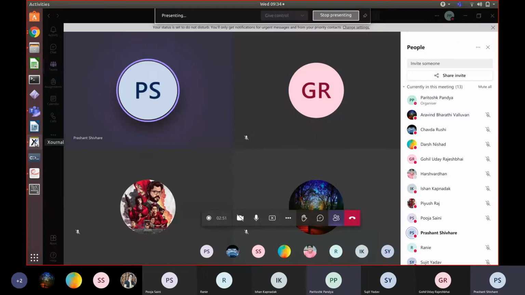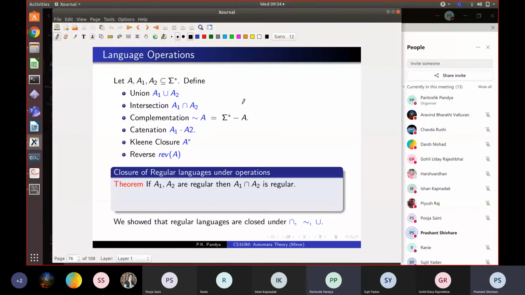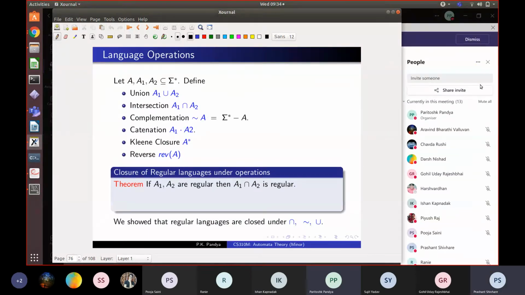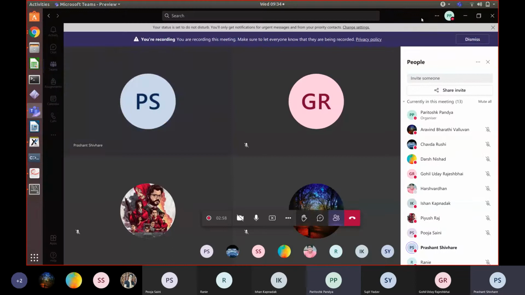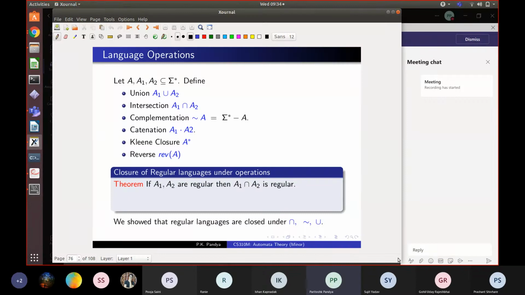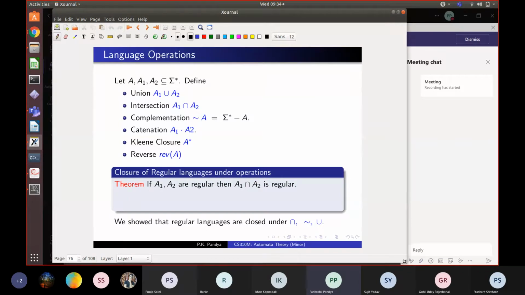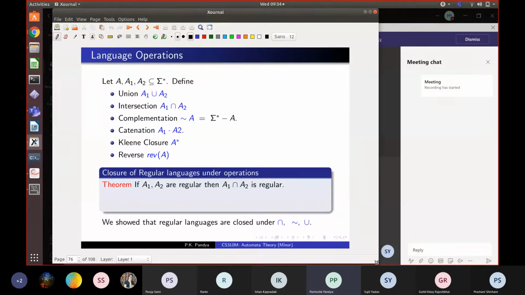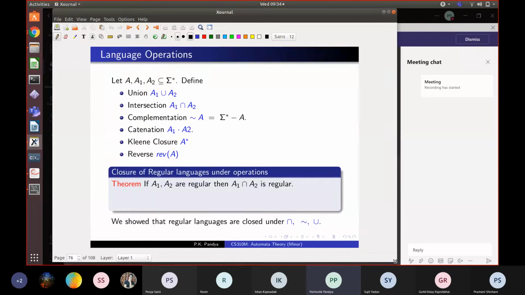Is German. Yeah, I hope you are able to see the screen also. Yes, sir. Okay, great. I'll put you on chat so that if there is any question, I'll be able to see. Okay. So I hope